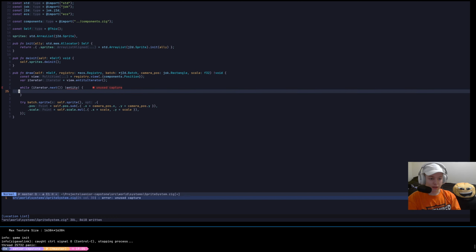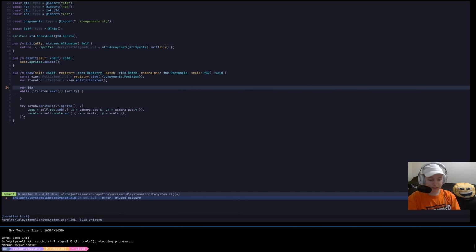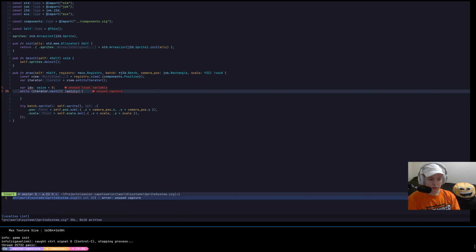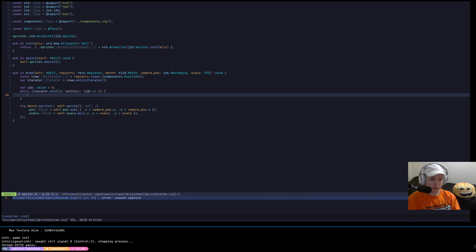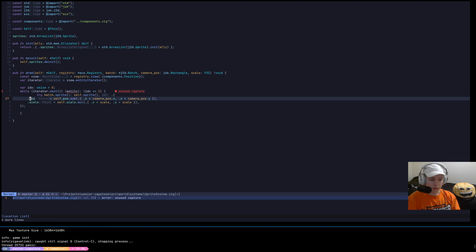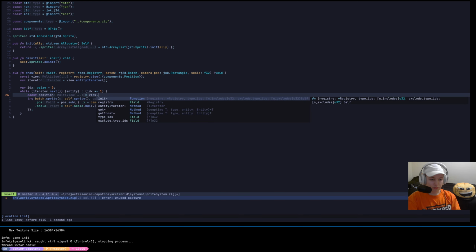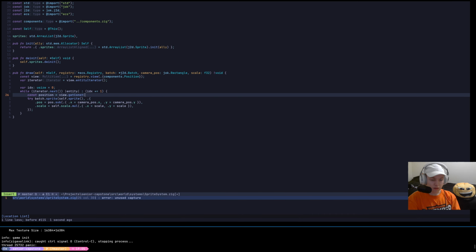But now we can say index 0 and then index plus equals 1, and then we'll say take this and then we'll say pause. We'll say our position is going to be the view dot get const components dot position, and then on the entity,